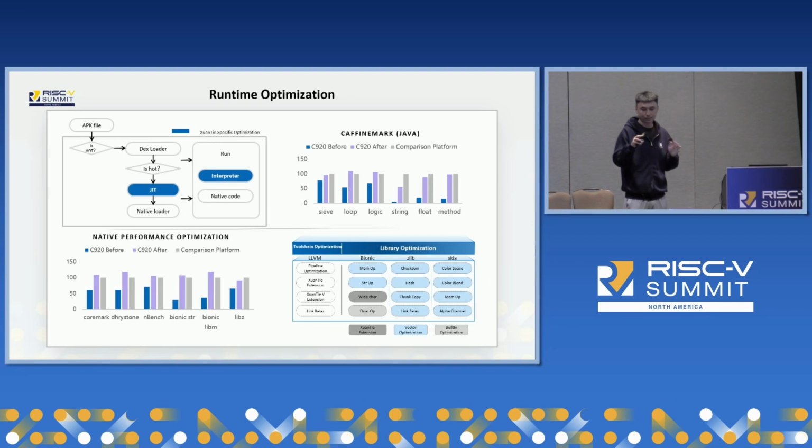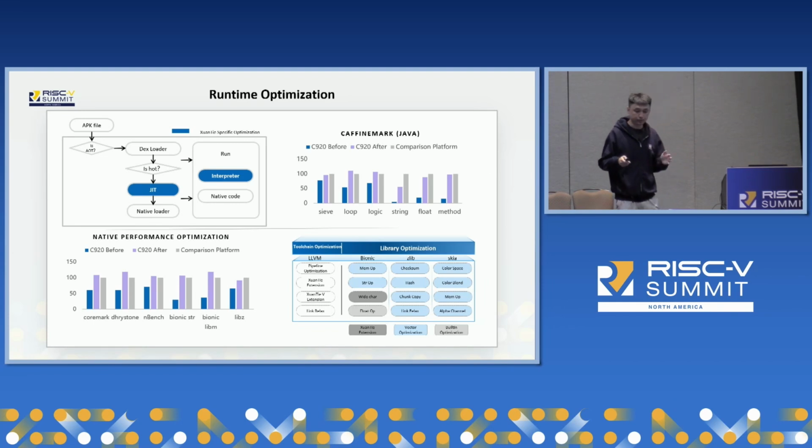Some cases, such as string, do not reach the comparison platform, but that could reach our productization requirement. And in the lower half of this page, it's about native library optimizations. The native library optimizations include libc and Skia and a lot of native code